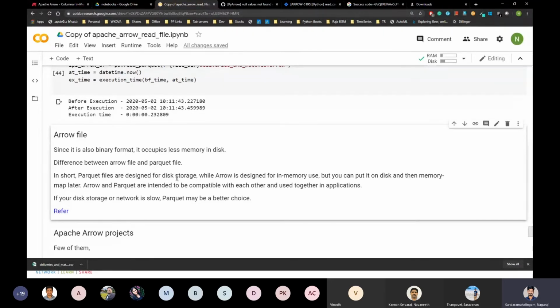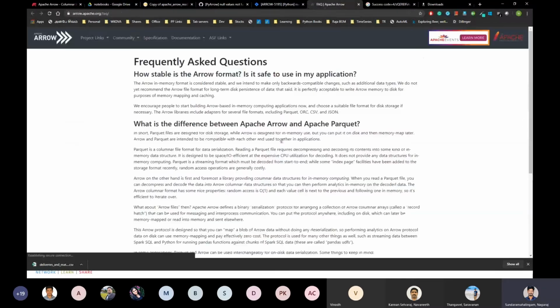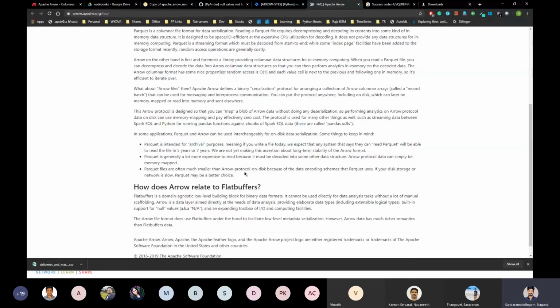On the Arrow site itself, they mention that if your disk storage or network is slow, then Parquet file is the better option. If you are dealing with a huge volume of data and you are not going to store it on disk space, you can go for Arrow.